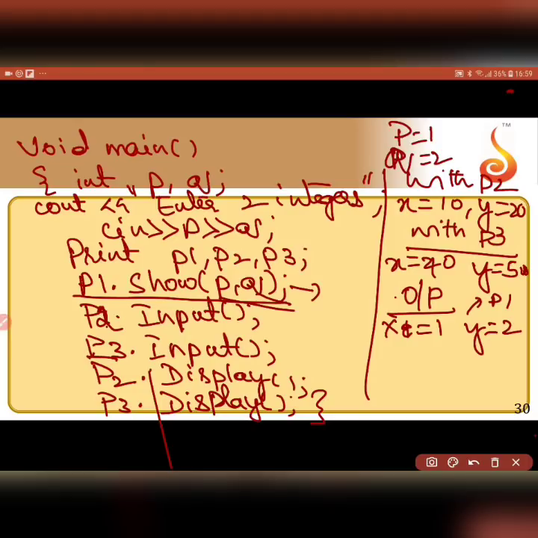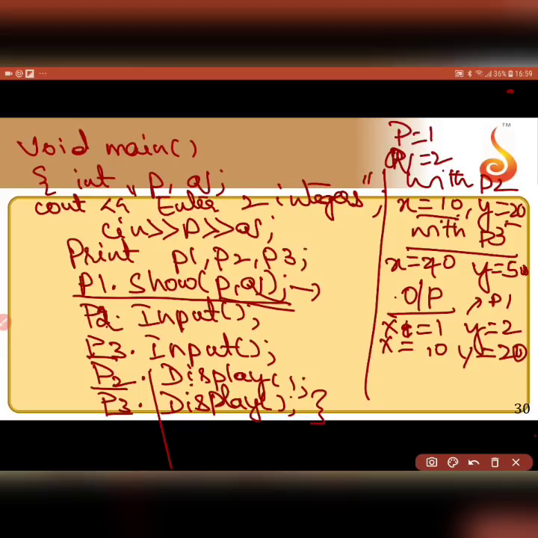After that, I have P2 dot display. So I am calling the display function using the object P2. So what was the value entered when I took in the values? x was 10, y was 20 using P2. So it will print x is equal to 10, y is equal to 20, because these were the values I entered using the P2 object.